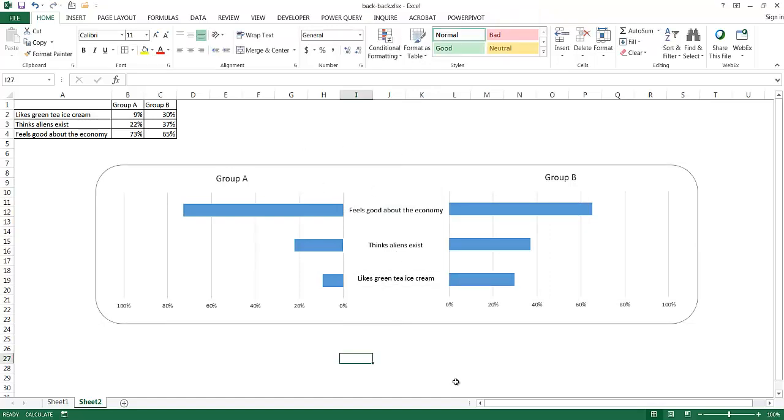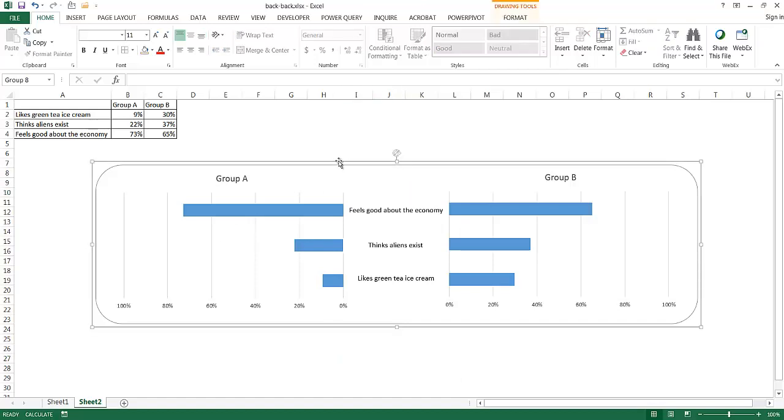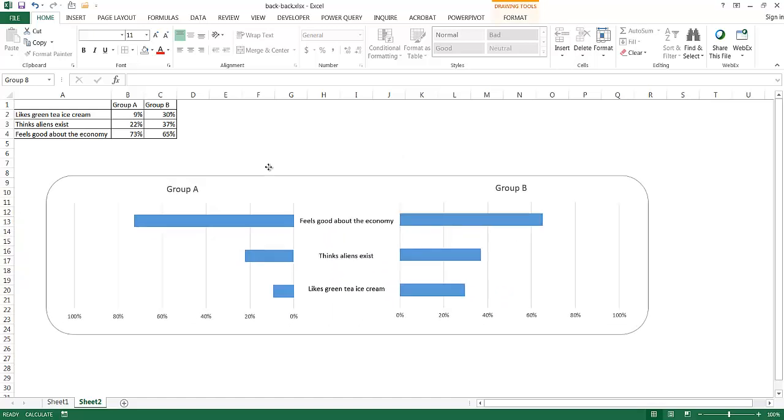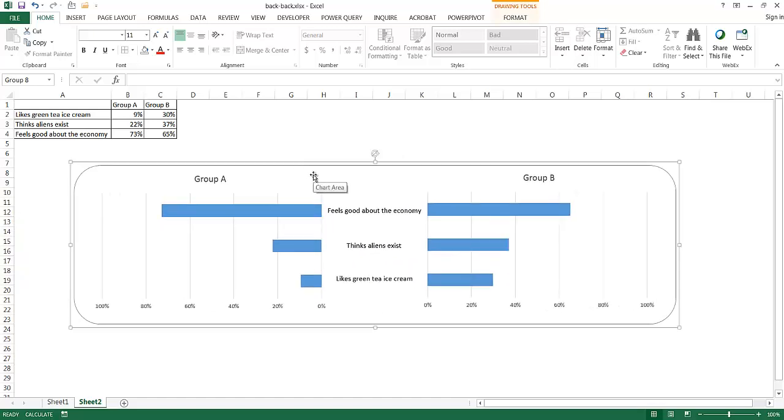So I can click outside, click in there, and then I can move this around. I can select that and move it around. And everything moves as a group, so I can move this back. So this gives me the ability to copy this and probably put it into a PowerPoint, or I can move this onto another sheet if I wanted to, and it will still reference this. So I can take this, I can do Control